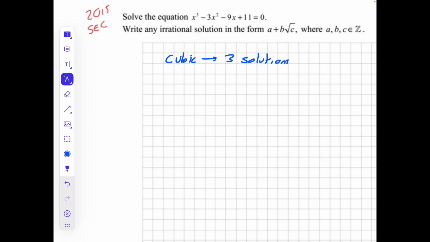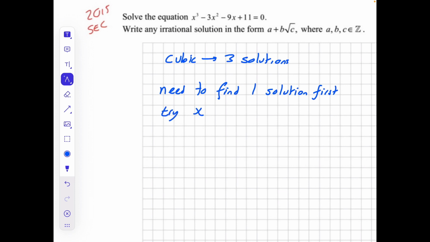When this kind of a question comes up, they give you no hint to start. They give you no kind of first number that you know is a solution, okay, that will sub in and be correct. So what we're going to have to do, we're going to have to figure one out ourselves, okay? So we need to guess. Maybe guess is the wrong word. Need to find one solution